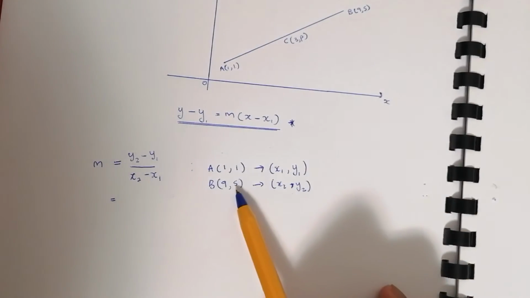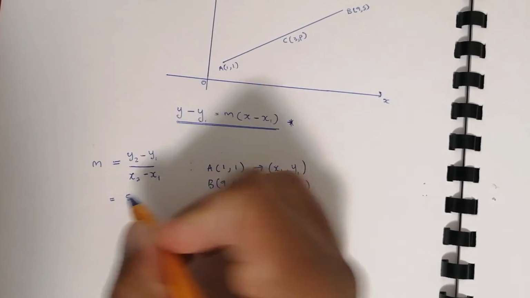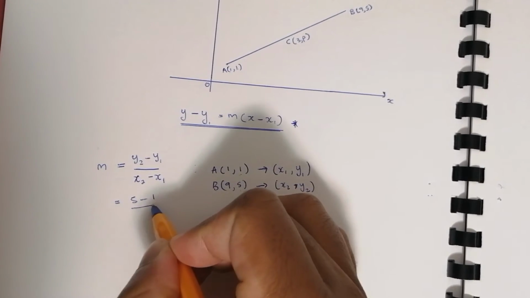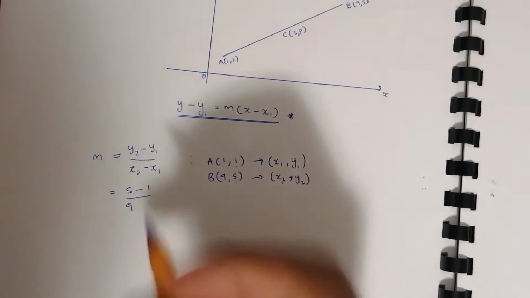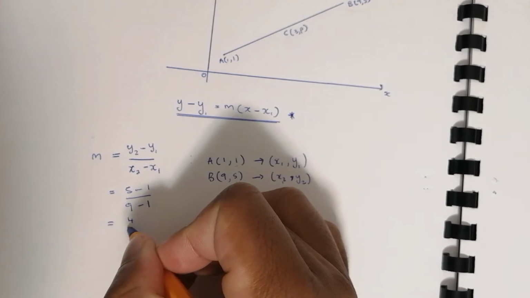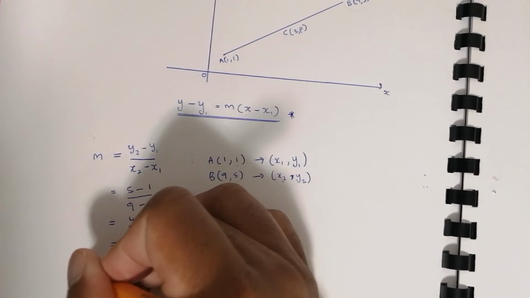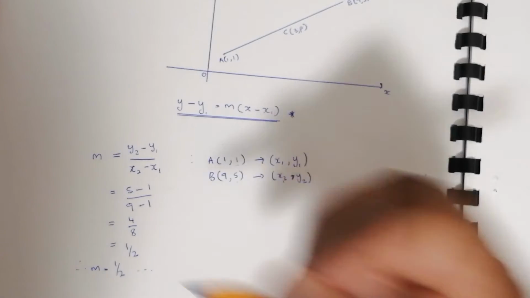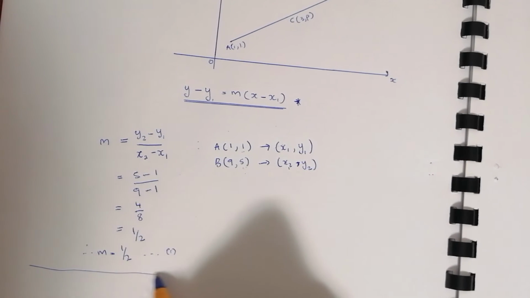So for y2, we're going to substitute the value of y2, which we're getting from B, and that's 5. And then for y1, we're going to substitute 1. Next, we're going to take x2, which is 9, minus x1, which is 1, and that gives us 4 over 8, which equals 1 over 2. So we have that m equals 1 over 2, right? Okay, now that we have the value of the gradient,